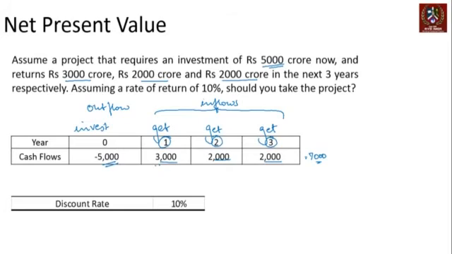To get that value, you'll have to divide this by 1 plus r, discount this by 1 plus r square, and discount this by 1 plus r cube, and then add the 3 to get the value of these cash flows today, right? What is the expected rate of return? That's 10% based on certain calculations. At this point of time, we're not getting into the detail of how you do this calculation, but let's assume that whoever is investing in this project wants a 10% return. At that rate, what is going to be the present value of this entire set of cash flows is what we're going to look at. Let's go to an Excel